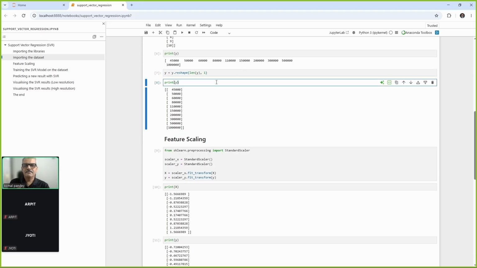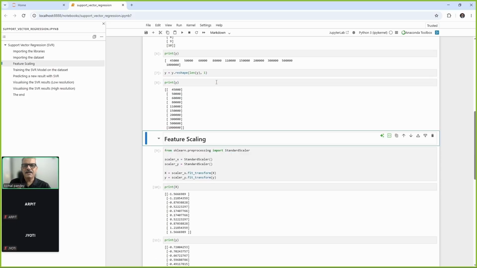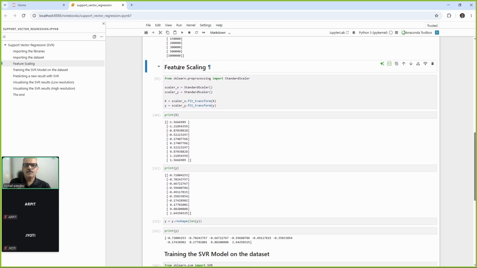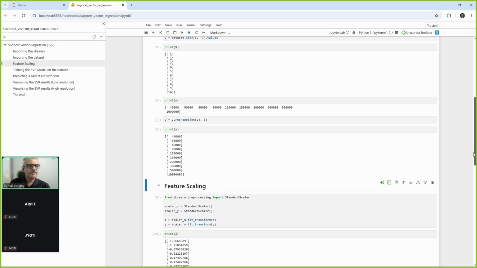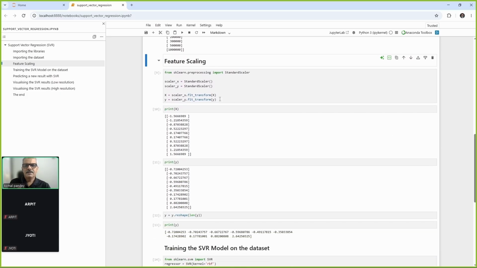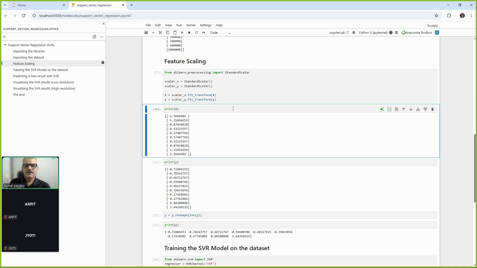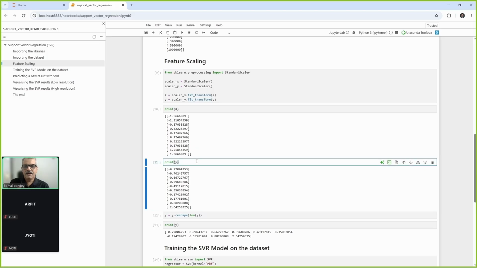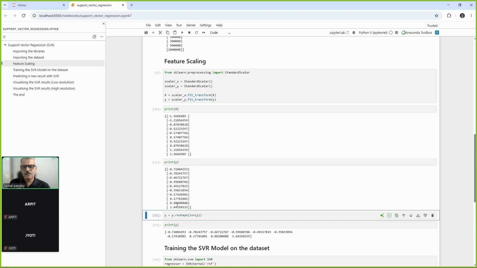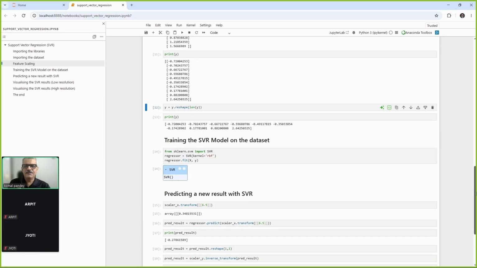Print out y now again. Now it is a 2D array. Now to scale these values, x and y, implement feature scaling. So run this cell. Now check x and y again. Now x has scaled values and y also has scaled values. So after scaling,